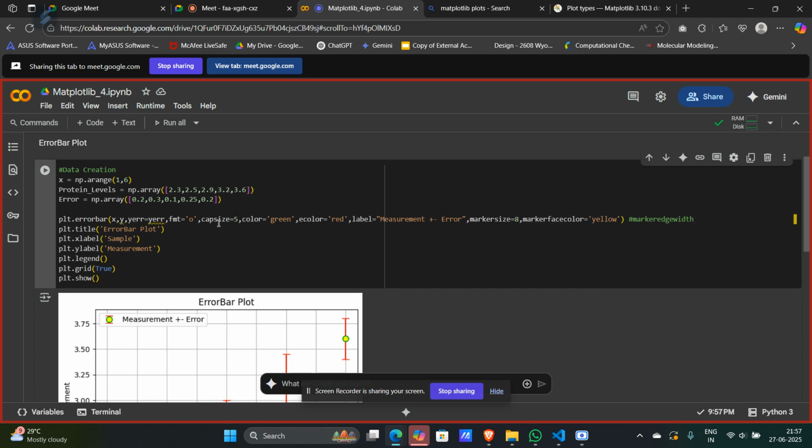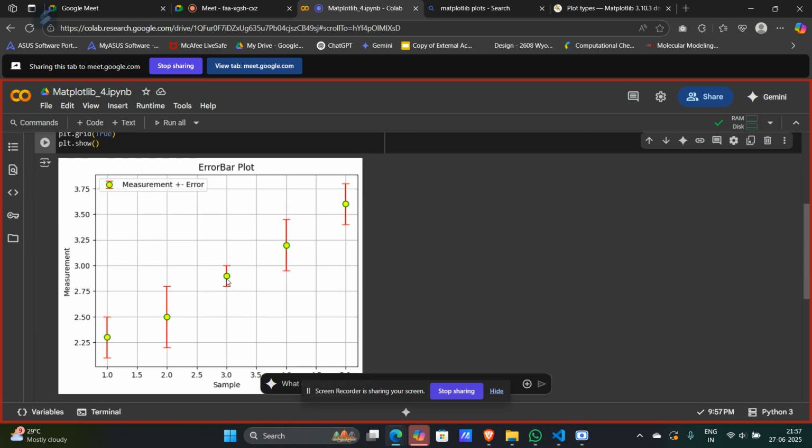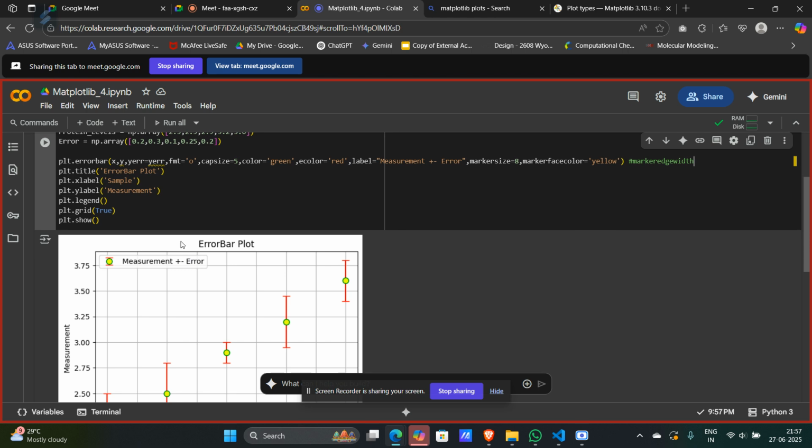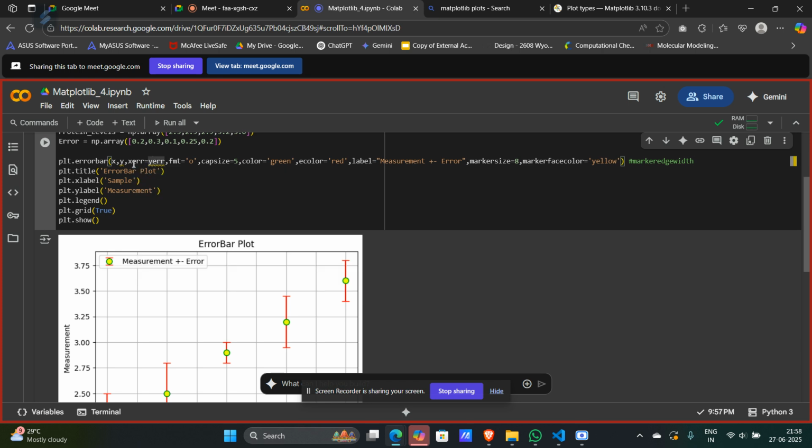Now, if this was 4, this is called a vertical error plot because the error range is present vertically, parallel to the y-axis. What if you want to have this horizontally parallel to the x-axis? So in that case, you just specify x error, and if I change it,